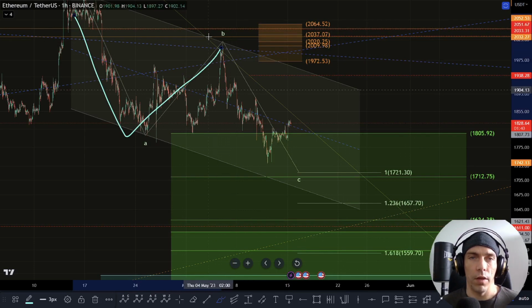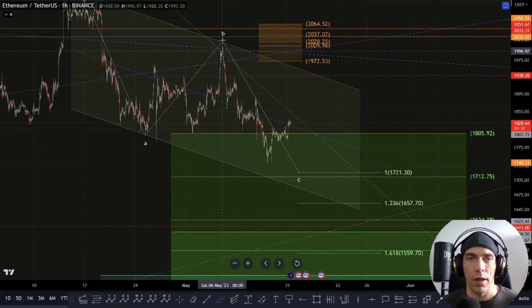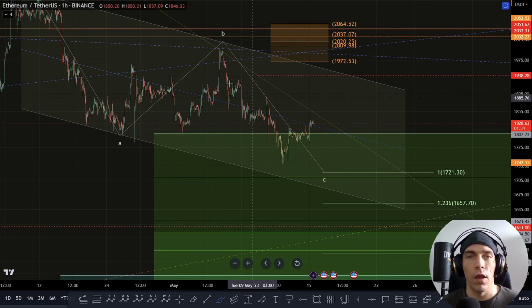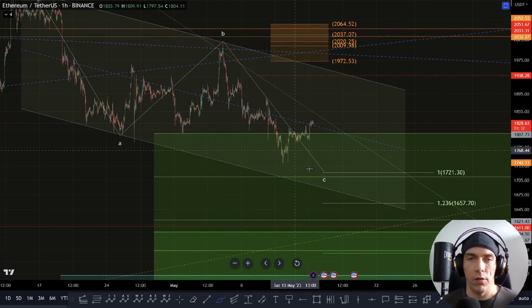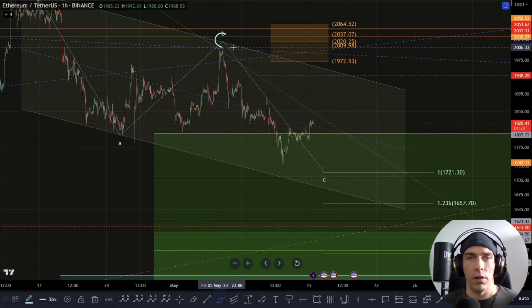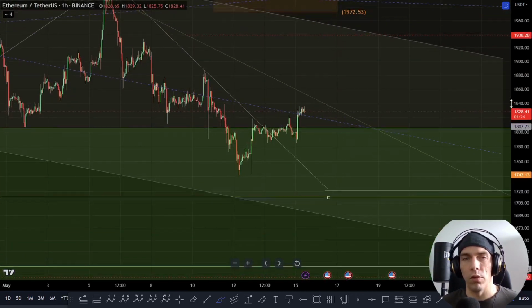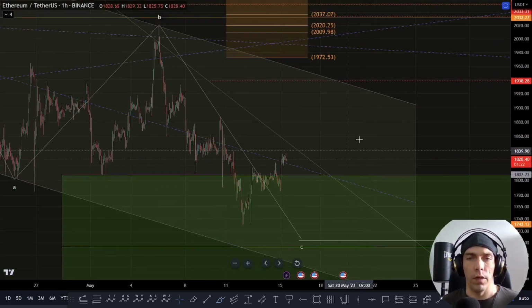So we need to be careful of that fact until we actually take this high here of this B wave, which is currently sitting at this 2019. We need to be aware that there is still potential that we could look to break down in a bigger way. Now we're going to go over the idea that we are within the C wave here, looking for this potential to come down one more time primarily,